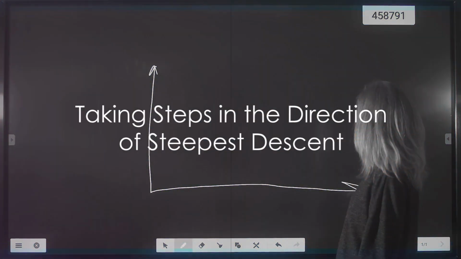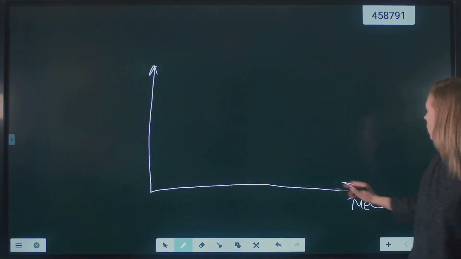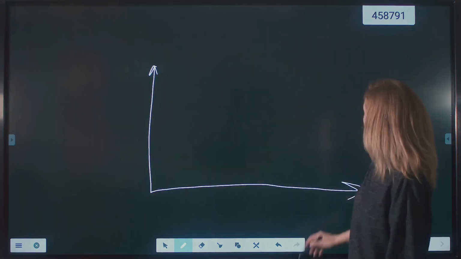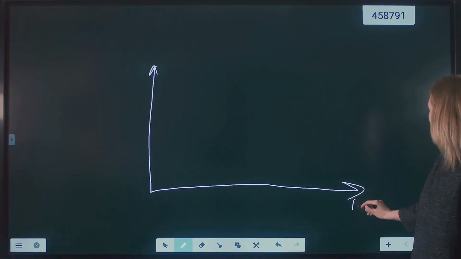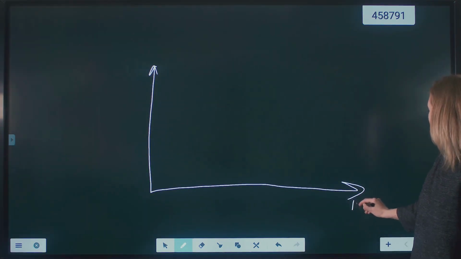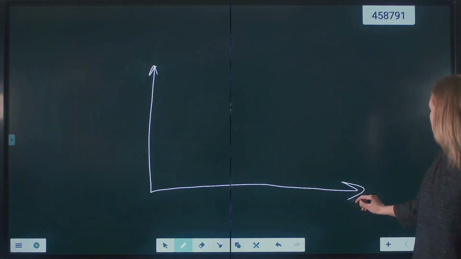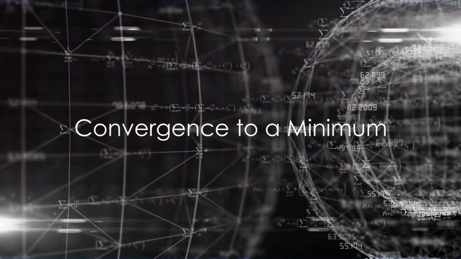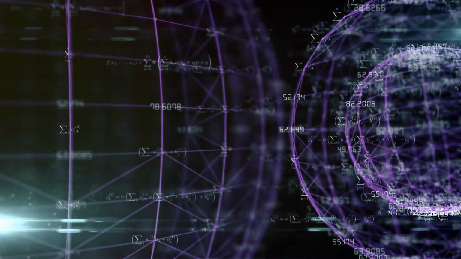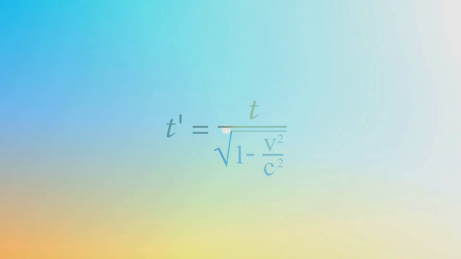After calculating the derivatives, the algorithm takes a step in the direction of steepest descent. The size of the step is determined by a parameter called learning rate. If the learning rate is too large, the algorithm might overshoot the minimum. If it's too small, the algorithm might take too long to converge. This process of taking steps in the direction of steepest descent continues until the algorithm converges to a minimum. This could either be a local minimum or a global minimum, depending on the nature of the cost function and